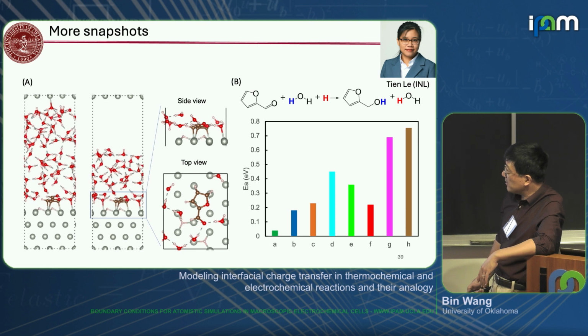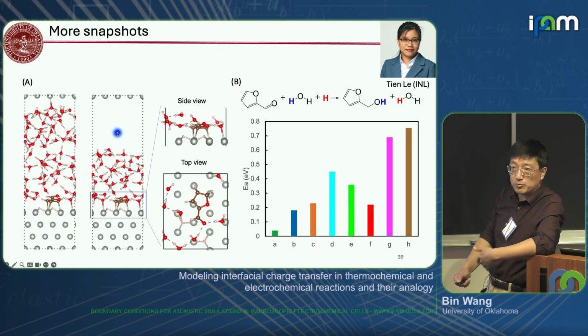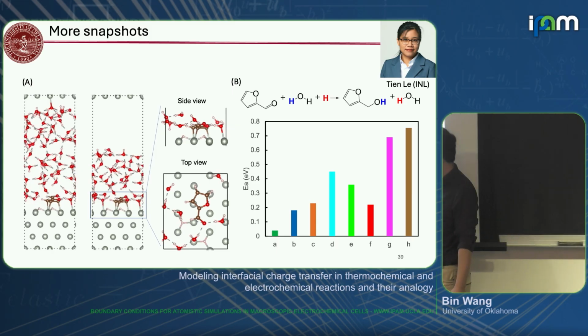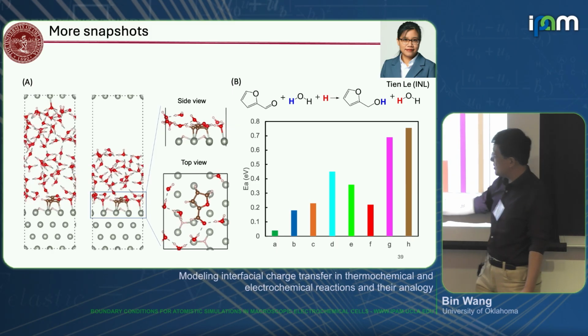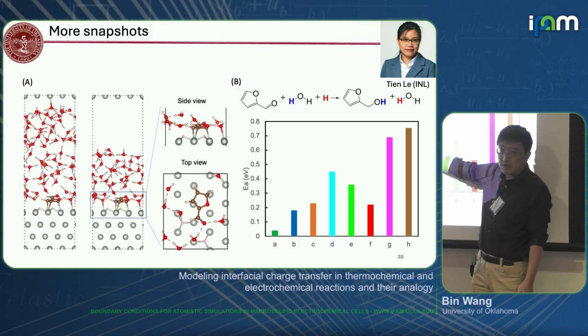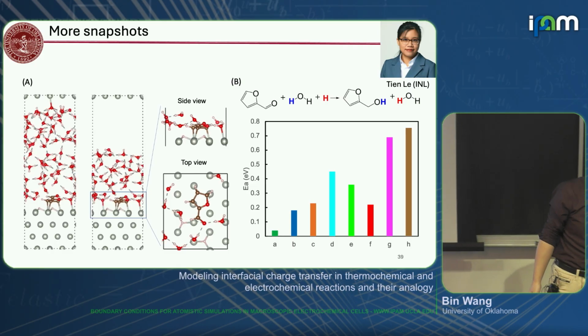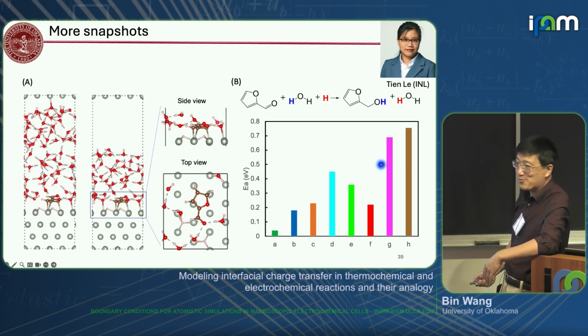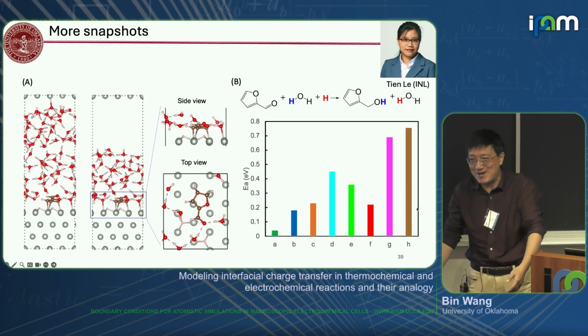It was done by a team member. We built two different cells. In one, we don't have a vacuum; the whole cell is filled by water. In the other case, we keep a vacuum simply to get the vacuum level so we can calculate the work function. We chose about 10 different configurations, and here each represents a different configuration, with the activation barrier. As you can see, the activation barrier changes from almost 0 to about 80 kilojoules per mole. In our initial work, we probably chose a configuration somewhere here. If at that time we had chosen a configuration somewhere there, we probably would never have published the first paper because we wouldn't even know where the barrier is.